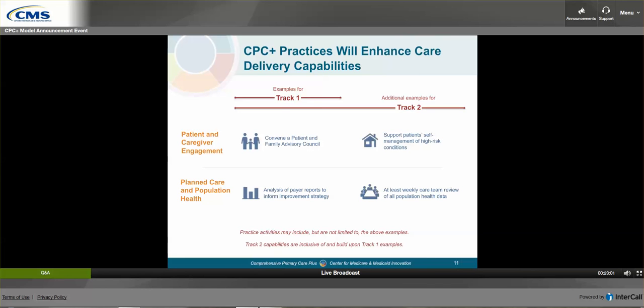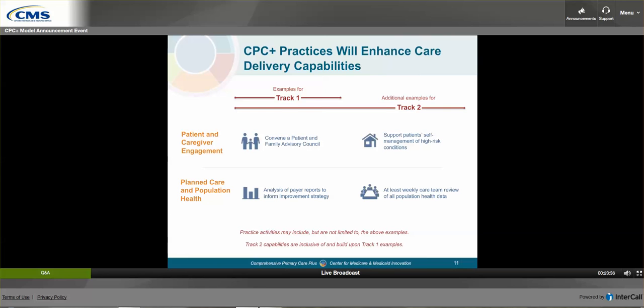And then finally, planned care and population health, the 5th function. Practices will organize their care to meet the needs of the population of patients they serve. So they'll use team-based care, and using that will offer proactive, timely, preventative care and consistent evidence-based management of chronic conditions, using evidence-based protocols in team-based care and identification of care gaps at the population level, as well as measure and act on the quality of care at both the practice and panel level.